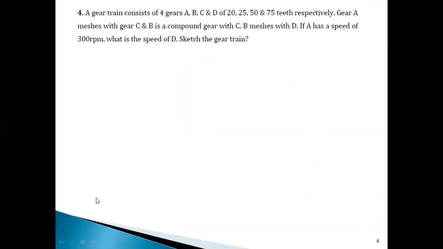So as I was telling you, we had drawn the sketch of these gears, and I was telling you that gear A is meshing with gear C depending upon the size. So this is our gear A. If you observe here gear C and gear B, gear B has 25 teeth, gear C has 50 teeth, which means the size of gear C is very much larger. So now I will show you here. This is the meshing of gear C.